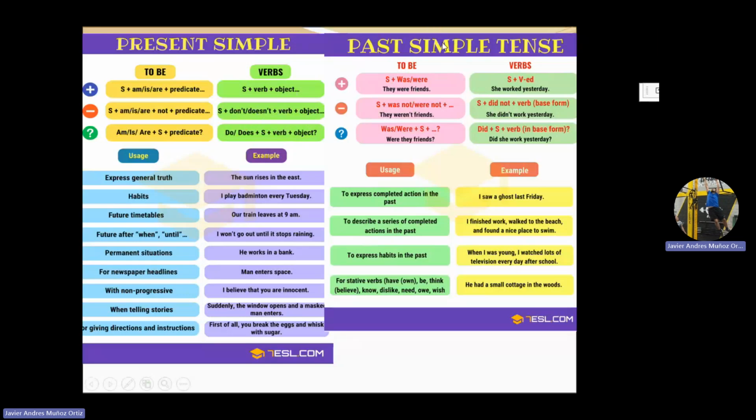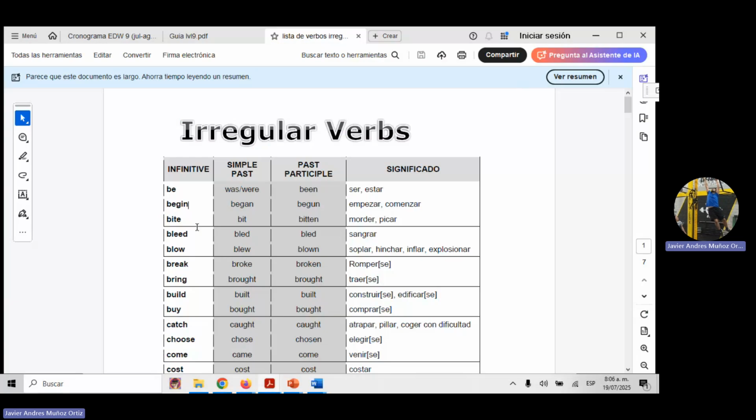Something I forgot to tell you is that in simple present tense, in affirmative sentences, if the action is performed by Andrea, Christian, or the aunt, we are going to modify this verb by adding s, es, or ies, depending on the context. However, in simple past tense, the verb is always the word that we find in the second column of the verbs.